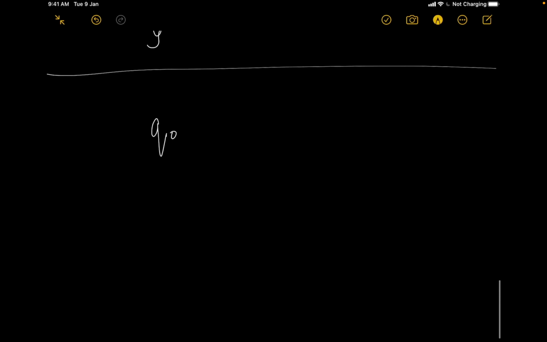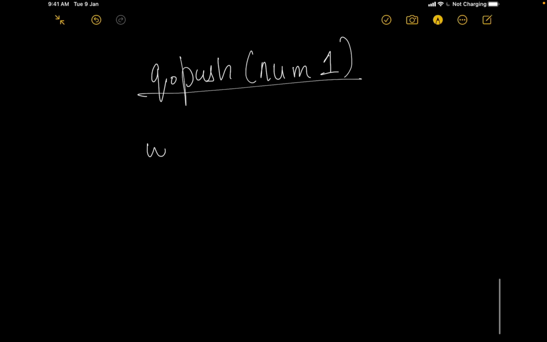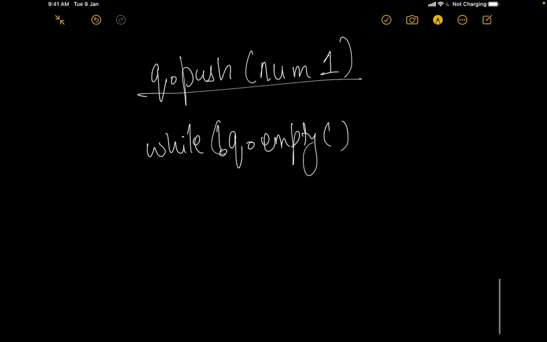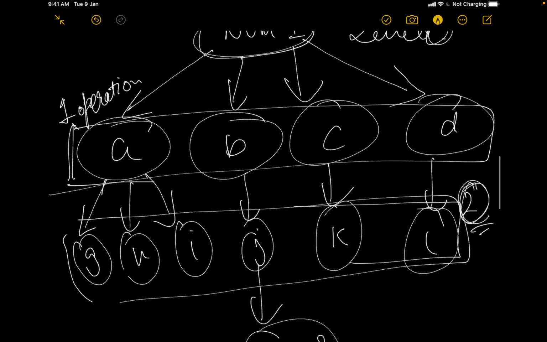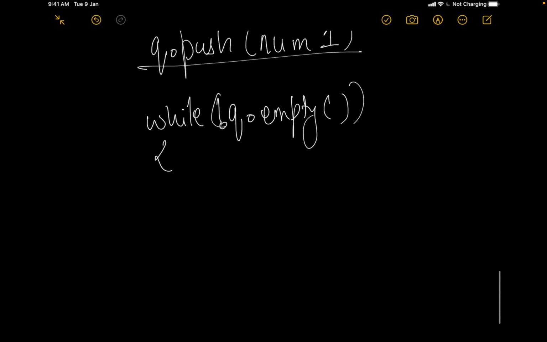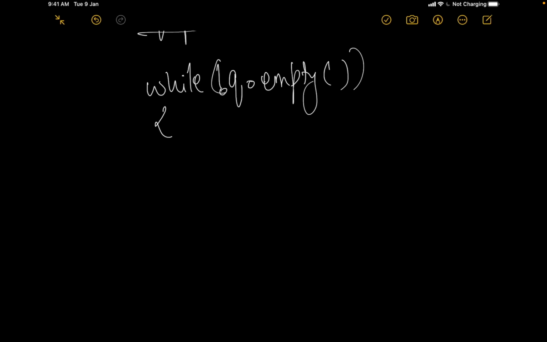After that I can take a queue and push num1 into that. Once my num1 is pushed, I can start iterating over that queue until the queue is not empty. Since I'm doing a level order traversal, I want to traverse all the nodes in a single iteration. So all the nodes at that particular point in time are present in the queue. So the size of the queue is q dot size,